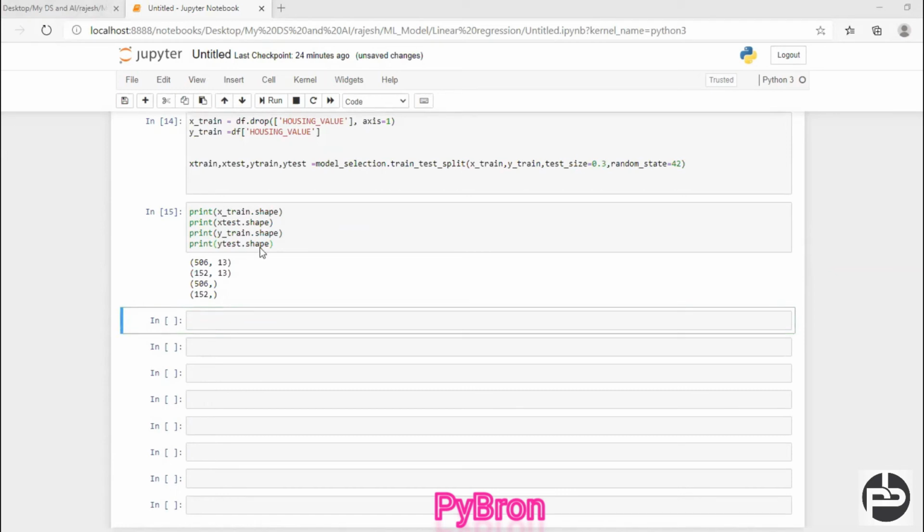Now what is next? Once the splitting task is done, now I'm going to apply my linear regression algorithm. Whatever mathematics we had seen, there is no need to do all of that here as of now, because everything has been done by the inbuilt model we have. In sklearn, we have the linear_model module, and inside linear_model we have LinearRegression. If you import this library, then the linear regression model has been imported.